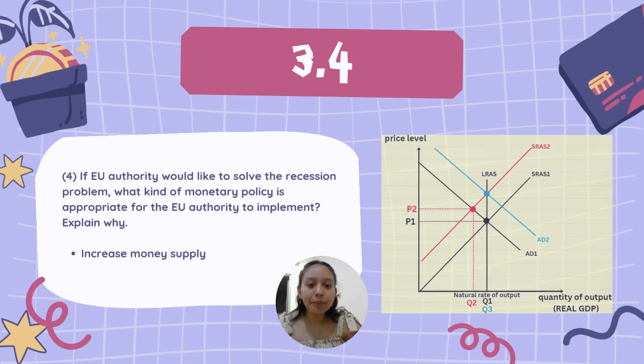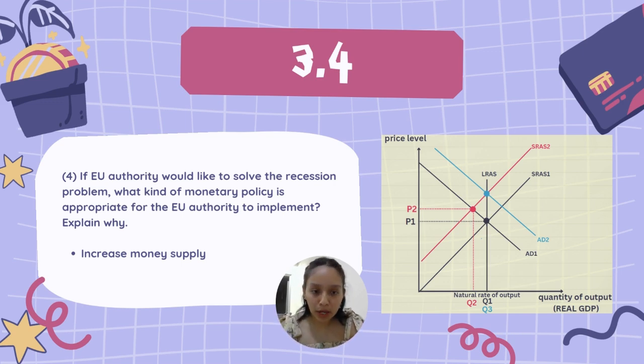So basically, lowering the interest rate, or a decrease in interest rate, will encourage borrowing and investment, and this will then stimulate the aggregate demand curve and boost economic activity. Because of lower interest rates, this would make borrowing cheaper for businesses and consumers, and this will then lead to an increase in investment and consumption. This will help offset the decrease in output caused by the import ban.